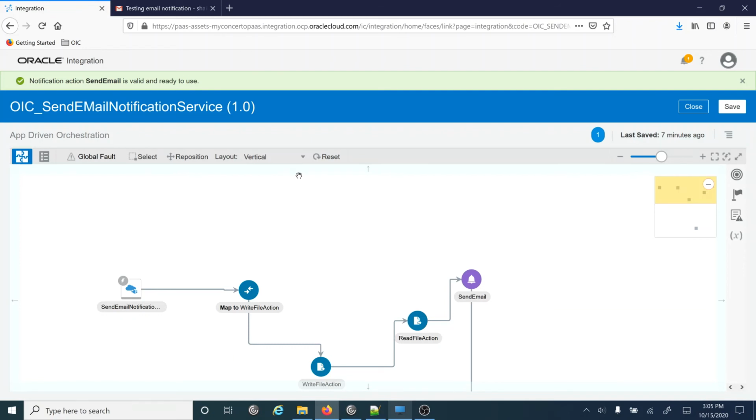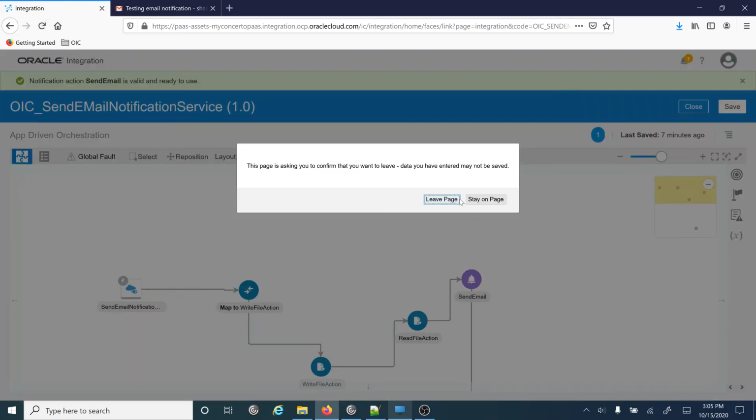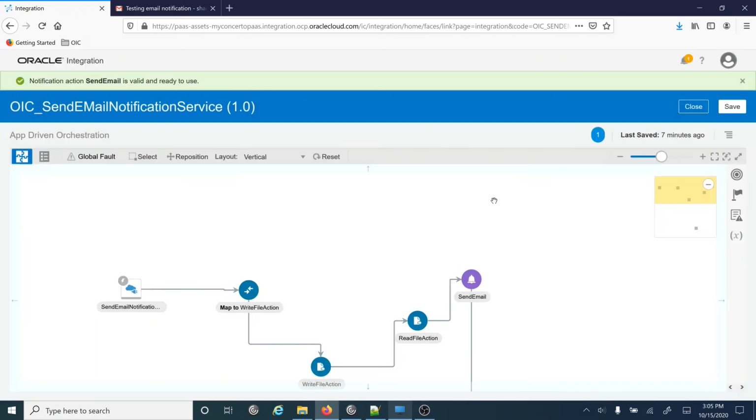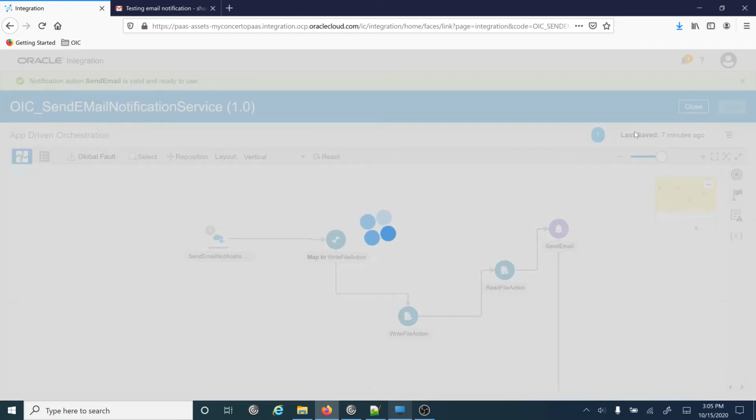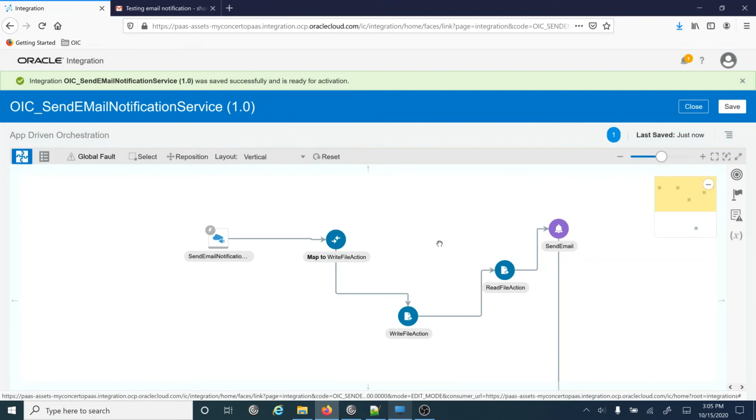I will refresh this once. Save it. Sometimes it takes a little time, and after that we'll click on the close button.